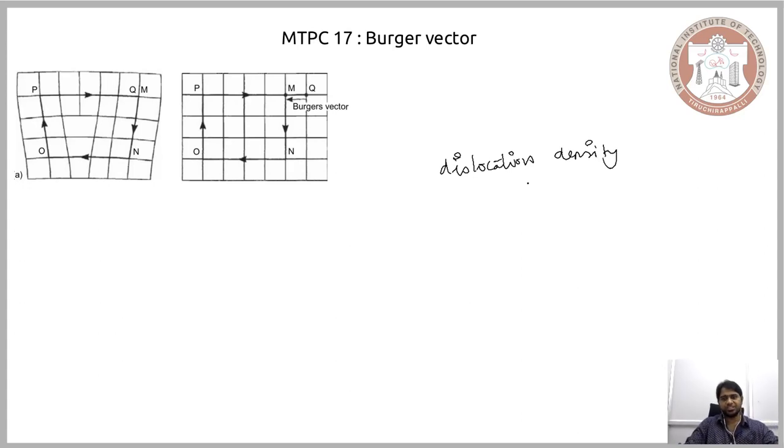So this dislocation density helps us understand the amount of dislocation that is present in a system. Supposing you are exposing a system to a mechanical condition, and the material begins to deform plastically, or plastic deformation is being induced into the system. As the plastic deformation is being induced, the amount of dislocation keeps on increasing. So the increase in the amount of dislocation is being calculated by the dislocation density, and the dislocation density is the sum of the length of dislocation line